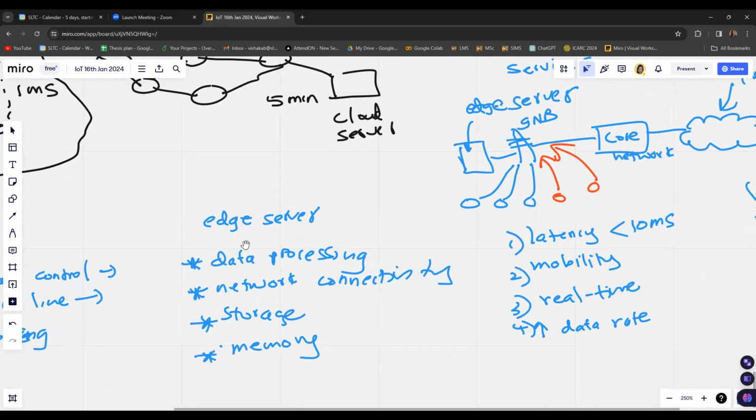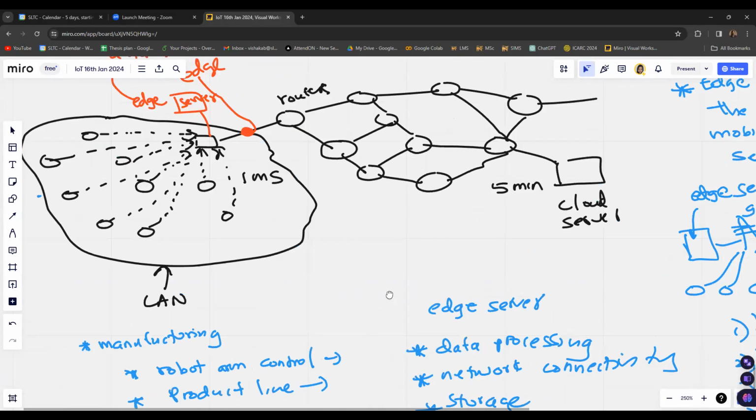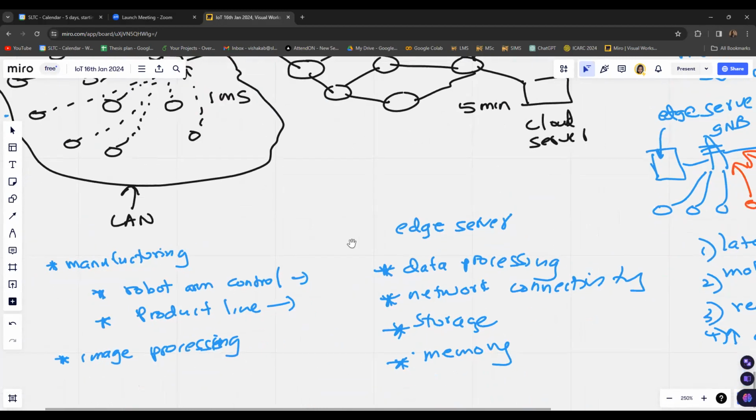Normally, an edge server is a very powerful computer in the local area network. It is able to do data processing efficiently and also enable network connectivity between the devices.